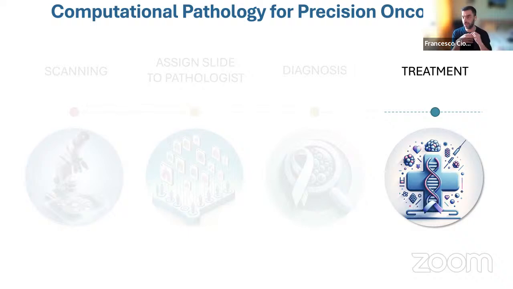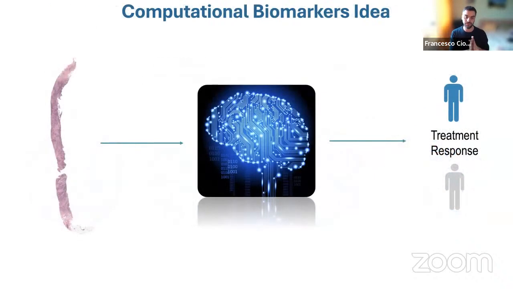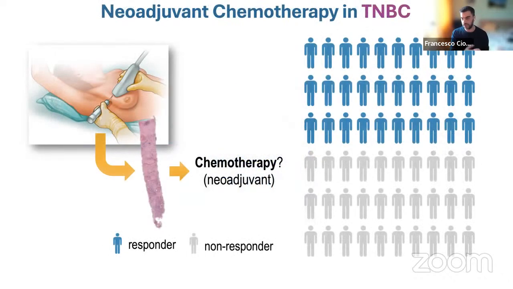And at the moment, as I showed you, they all get a neoadjuvant chemotherapy. So the idea here would be that at some point you still use AI to get this biopsy and, for example, predict before you give the treatment if the patient will respond to the treatment. Because if you know that it doesn't, then you just go to surgery right away, or maybe you use other types of treatment that are not the standard neoadjuvant chemotherapy, right? So this is, again, the same slide that I showed before.